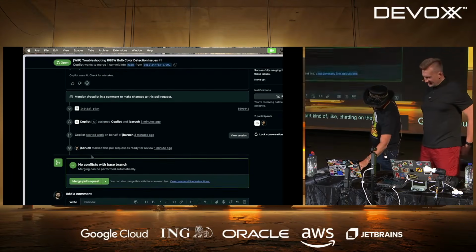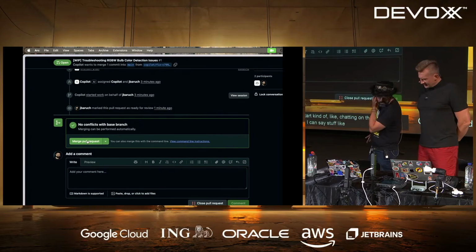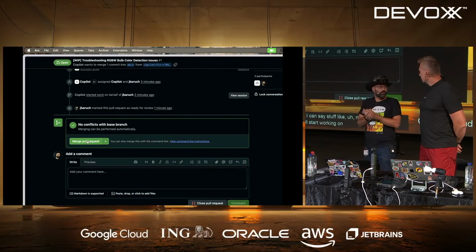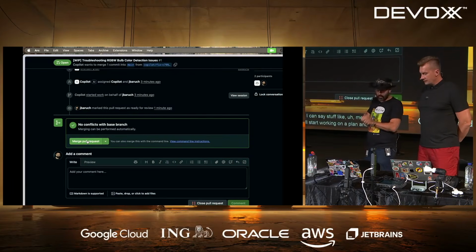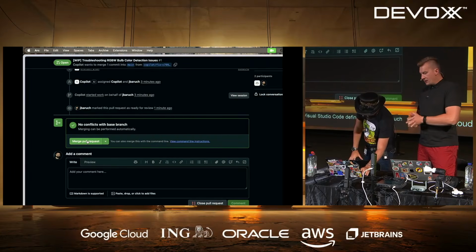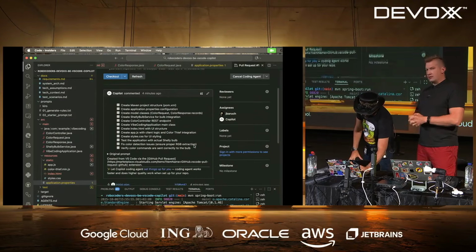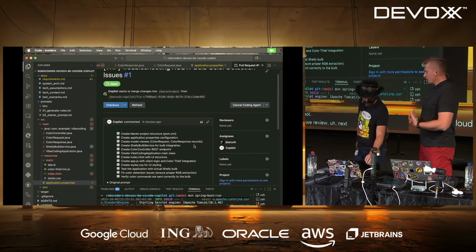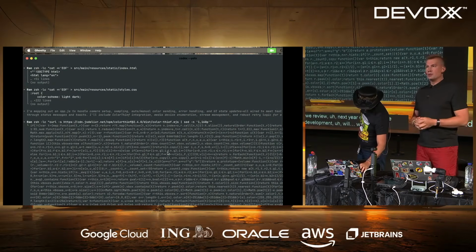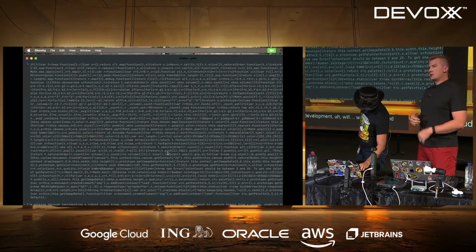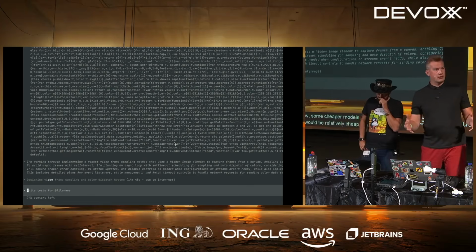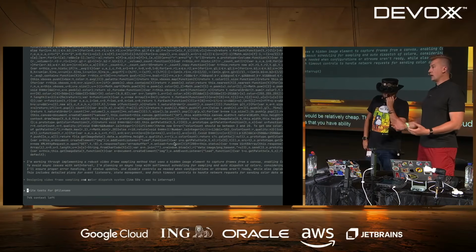Okay, and then I can say stuff like merge pull request, and once I merge the plan, it will start working on a plan and trying to fix the light bulb issue. All right, so Visual Studio Code definitely deserves much more. It's a great tool. We're going to test and review in the next couple of months how local development might be improved using local models, or some cheaper models, like maybe some hosted version that would be relatively cheap. The whole purpose of using local models is that you have the ability to do things offline. You don't need to use an API.